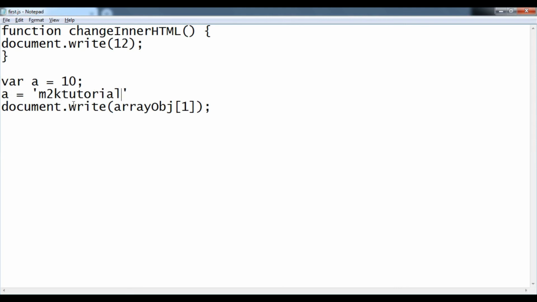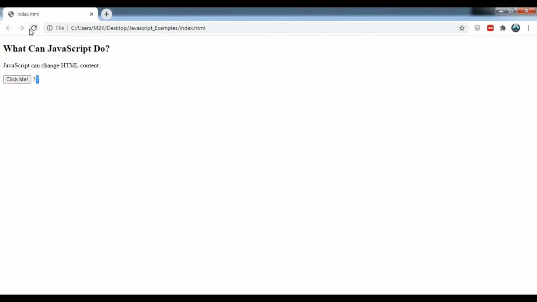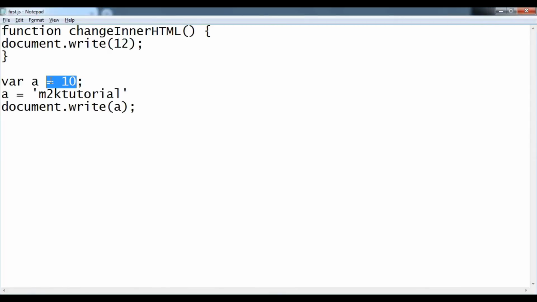If I print this a in our HTML page, it will give me M2K tutorials. So this is dynamic typing. This will not give any error even though we assigned a number earlier and then assigned a string. So we can assign different types of data in the same variable.